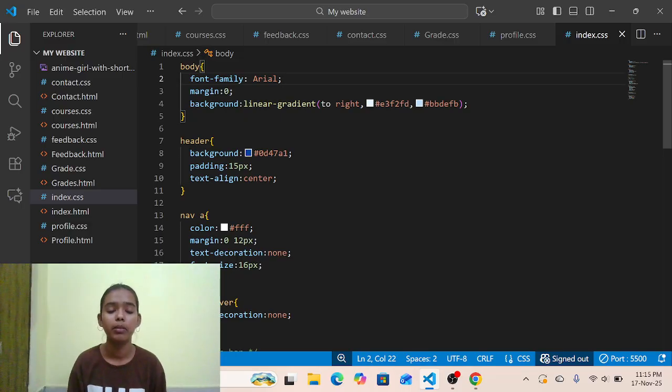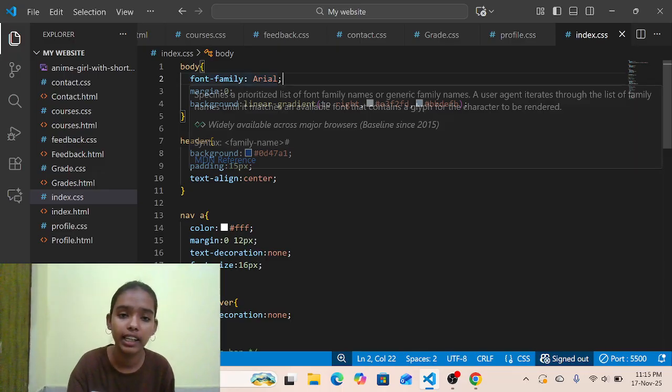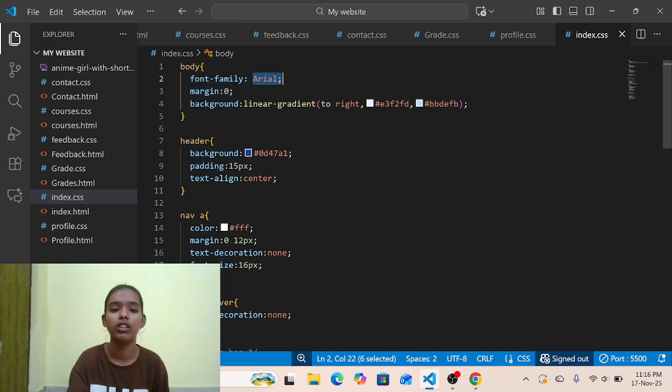First, font family. Font family means the style of fonts. There are many types of fonts, and we can choose any. I am taking Arial, which is one font style.